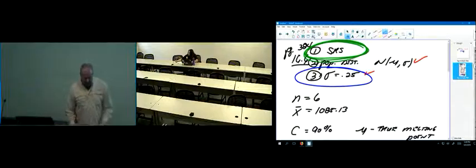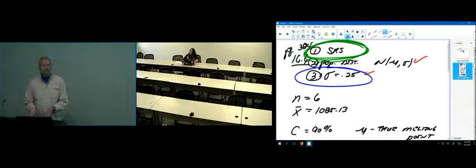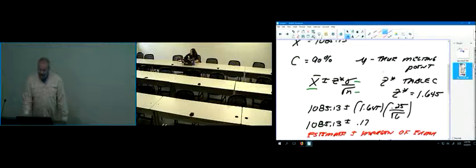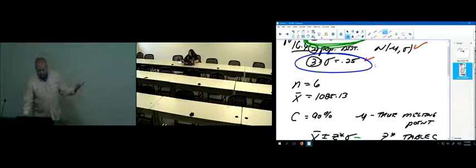Now, here's my thing. I don't see standing here and calculating 10 of these. As long as you're listening to what I'm telling you about where things come from, and where I'm plugging in, I don't see a problem, because I'm not memorizing the formula. I'm not memorizing my Z star. I've got table C with me all the time. What's the important thing here? You see what I got circled in blue? I needed to know the standard deviation, and I was trying to estimate a population mean mu. With that said,